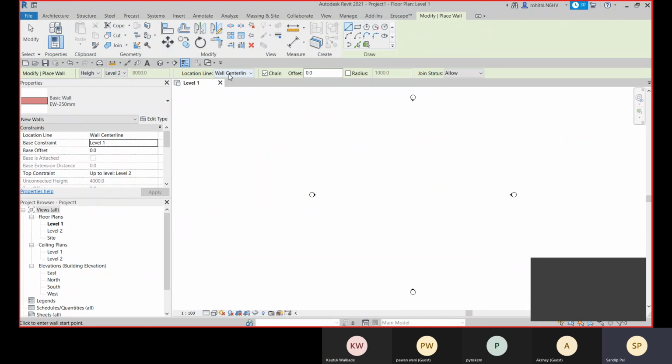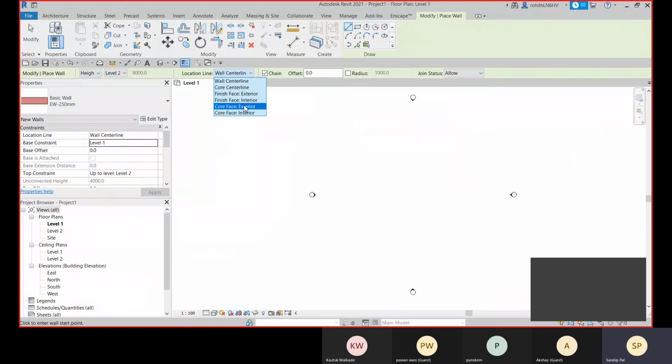So here you can see the location line is wall center line, core center line, finish face exterior, finish face interior, core face exterior, and core face interior. All these location lines are there. So you know that we have these layers: the core layer, the finish face exterior layer, the finish face interior layer. Core face exterior means the core boundary to the exterior side.